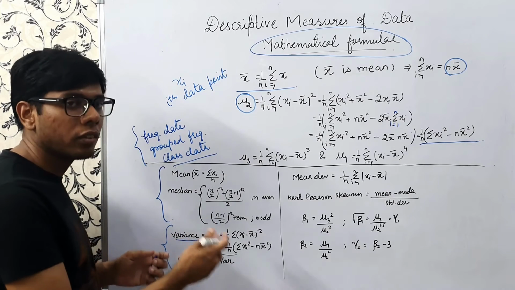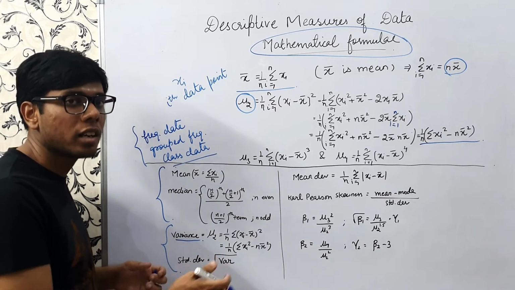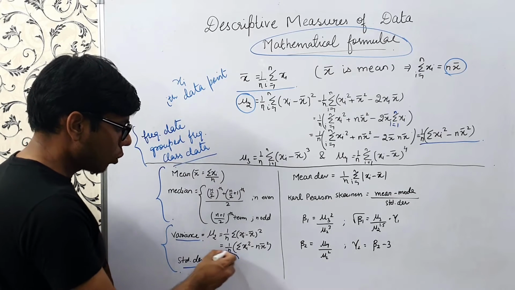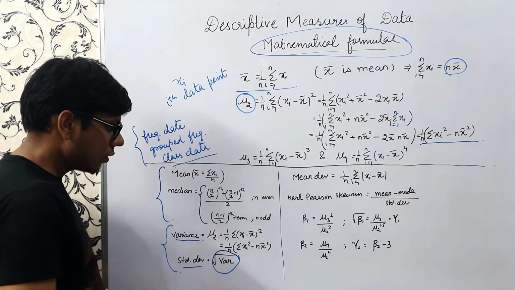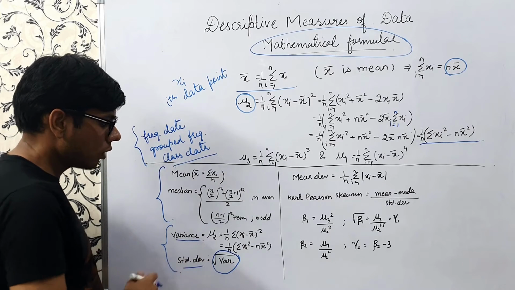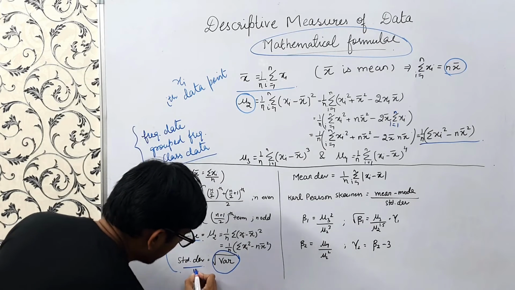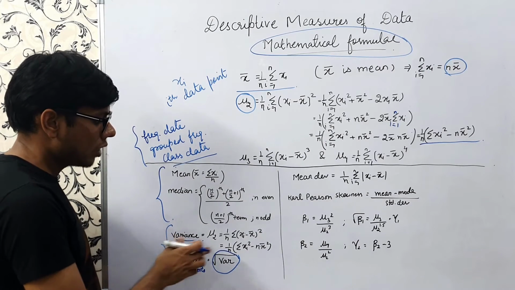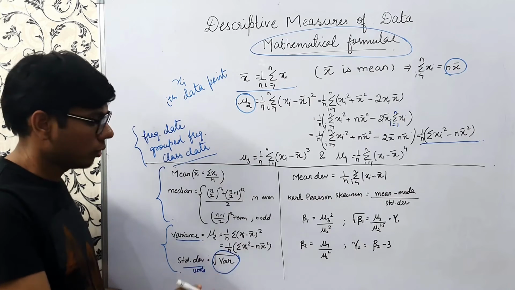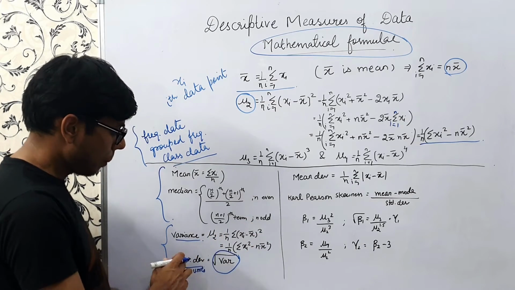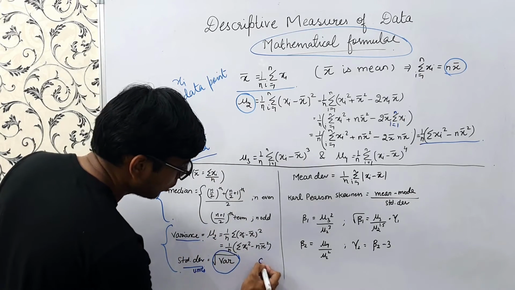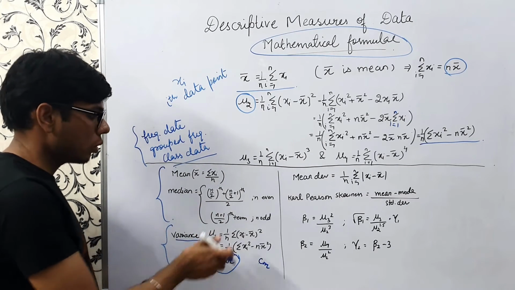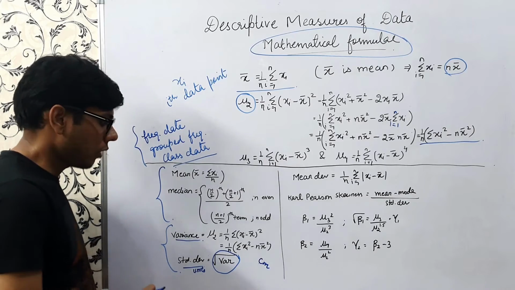So the more the variance, the more scatter there is in the data. And this is standard deviation, which is nothing but the square root of variance. The advantage of standard deviation over variance is in units. Suppose data is in centimeters. The variance would be in centimeter square because we are squaring the observations, but the standard deviation will be in centimeters only, in the units of our data. So this is one advantage over variance.